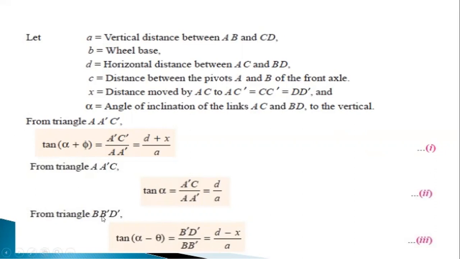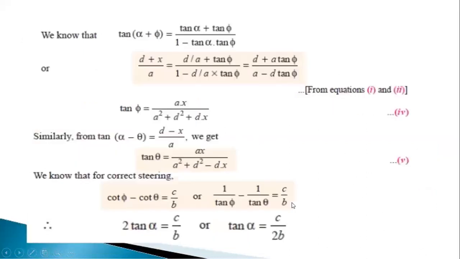And from the triangle BB'D', tan(alpha minus theta) is taken as B'D' by BB'. So in total it is taken as (d minus x) by x. So from the 3 points, that is 1, 2 and 3, we know that tan(alpha plus phi) is equal to (tan alpha plus tan phi) by (1 minus tan alpha into tan phi). So totally we can take it as (d plus x) by a is equal to